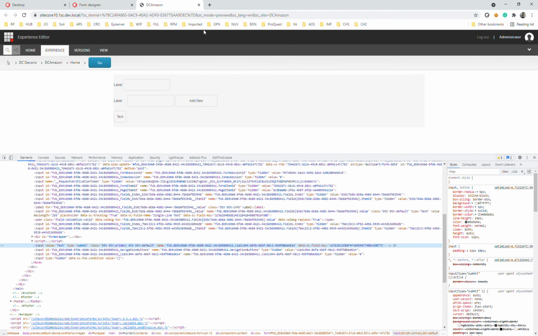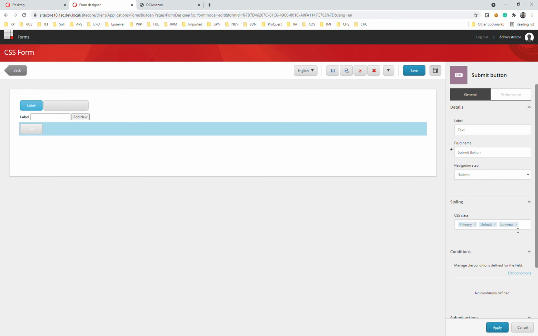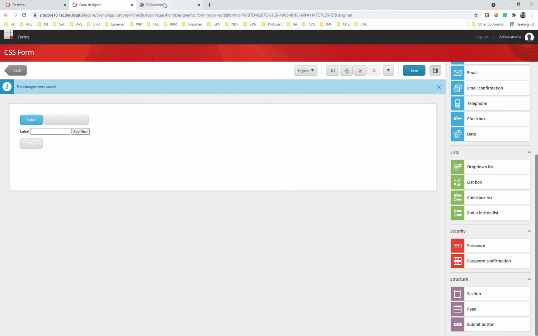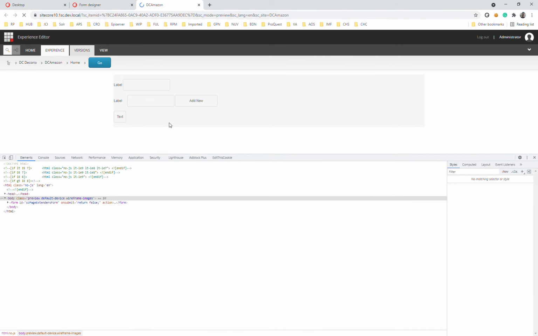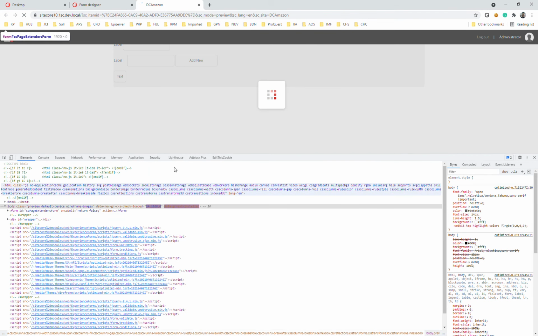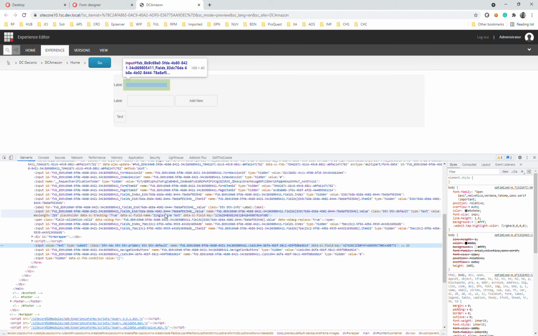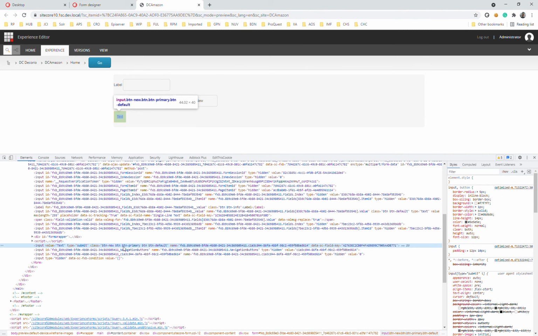So if I want to directly add a class that does not have the CSS class option, I can just write the name of the CSS class here. For example, btn-new is my new CSS class, and I'm applying the changes and saving that one. Now when I run the page, it will also come with this new CSS class. Let me inspect the element. You can see that btn-new, btn-primary, and btn-default are coming. So this btn-new that I have added manually is also going to render here.